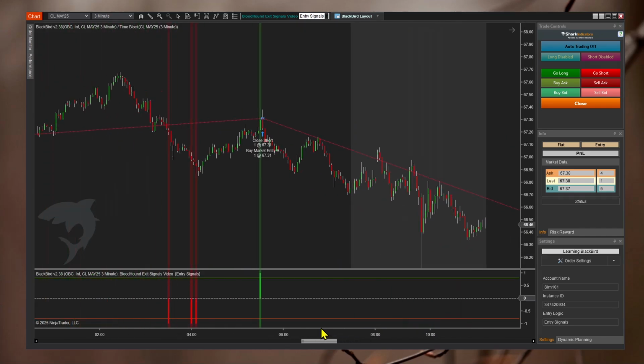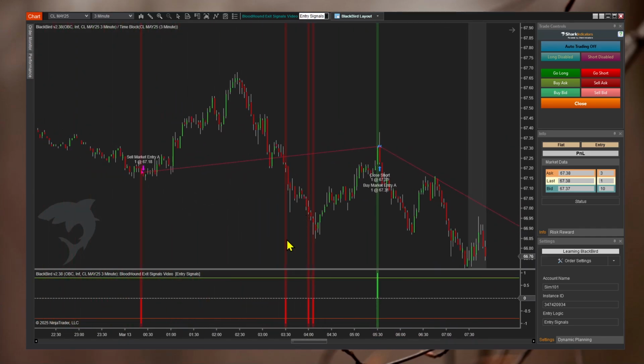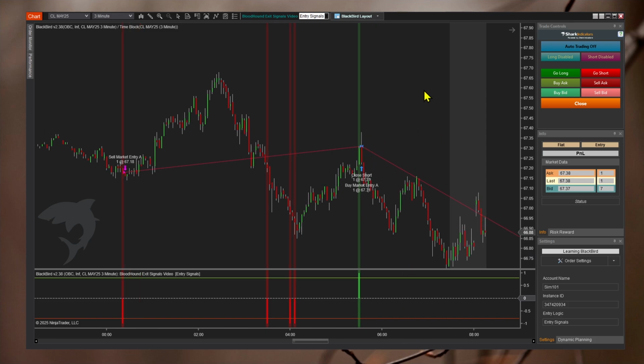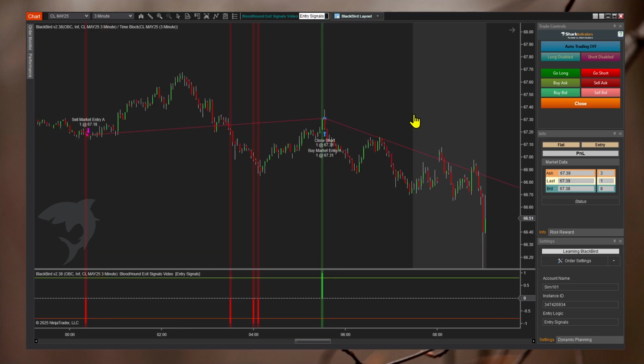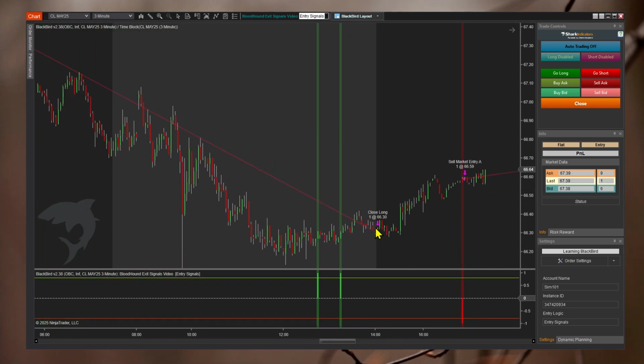The session close. Here we go. Okay. So again, we're looking at our entry signals. We enter a short trade here. Still short, and then we see an entry signal that's the reverse. We get a long signal. By default, BlackBird will close our short position and buy a market entry long trade. So we're closing short and reversing, entering a long trade, and then eventually we come and hit our exit signal,